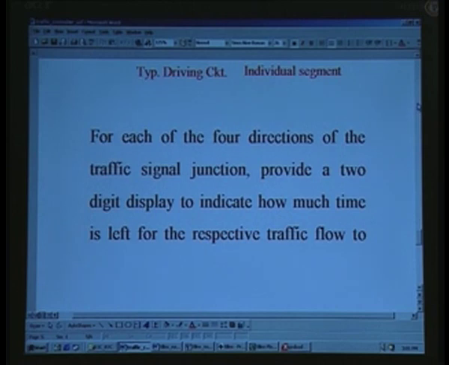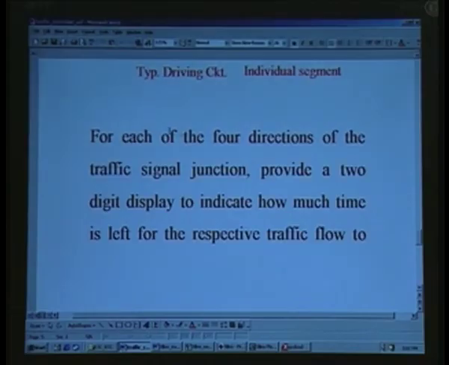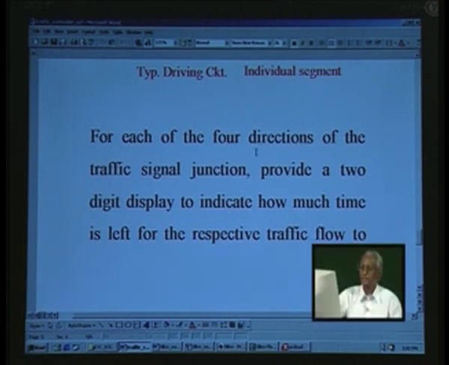So this is the assignment we are giving you, in order to include a 2-digit display for the display of timer. I will read out the assignment first, then explain the same. For each of the 4 directions, we have a 4 road meeting point, a junction point, and that is what we mean by 4 here. What we had said, main road 1, 2 and side road 1 and 2. So all this together would form 4 directions, and from each direction you, as a road user, will be facing the traffic lights, and alongside that you have a 2-digit display, and that display must be quite big enough